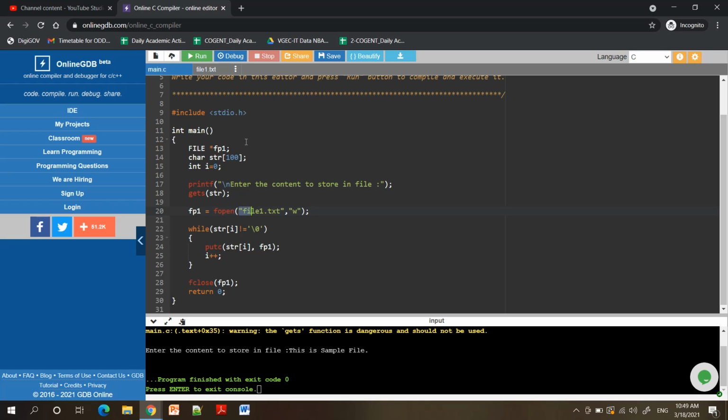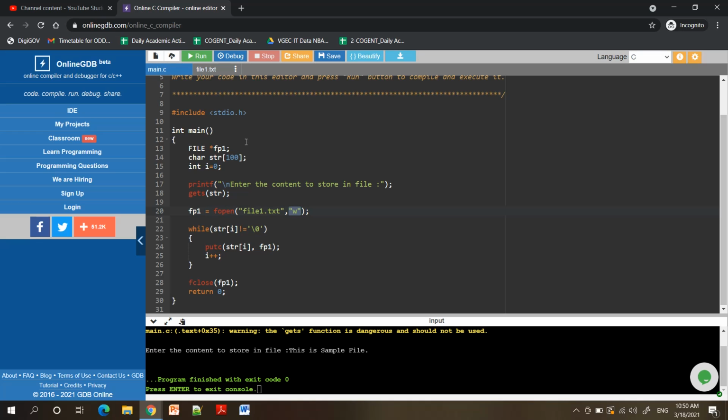The first parameter is a string, which is the name of the file which you need to open. So here we need to write the name of the file. The second parameter is the mode of the file: you want to open a file in read mode, in write mode, or in append mode.